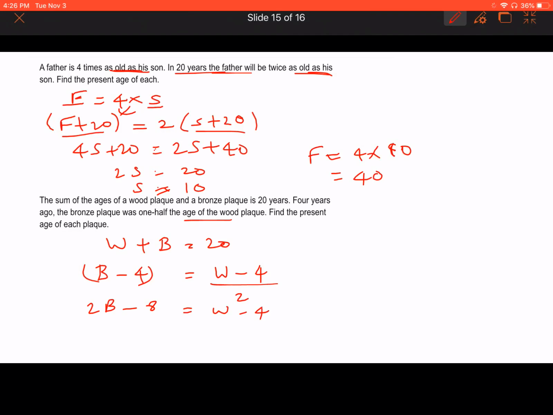Okay, so we have to substitute the age of b in this equation. Okay, and by substituting like that, we find the age of b equals 8, and the value of the wood plate is equal to 2. Okay,